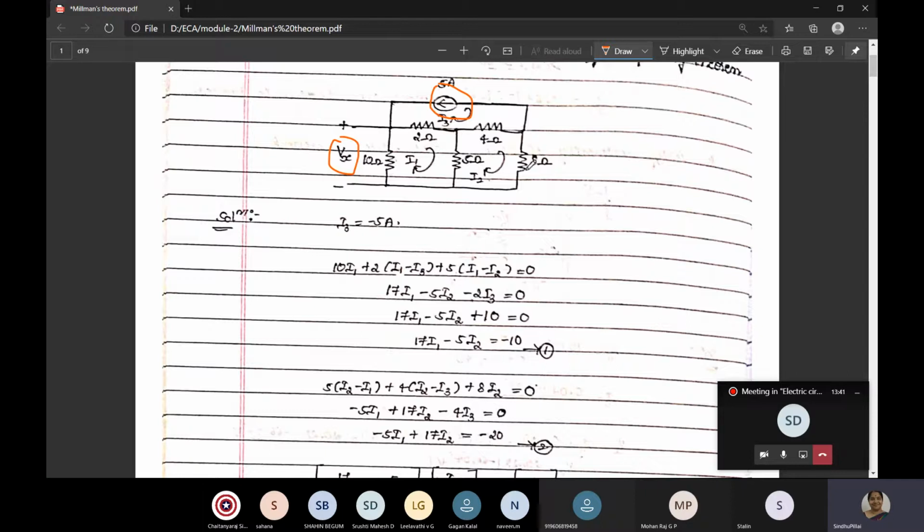So to know the voltage, what formula do we know? V is equal to I into R. R is 10 kilo ohm, and we have to find out I, that means I1. To find I1, we go with mesh analysis. There are three loops here, I1, I2 and I3. Once I find I1, then I1 into 10 will give me the voltage Vx. That is one way of doing it.